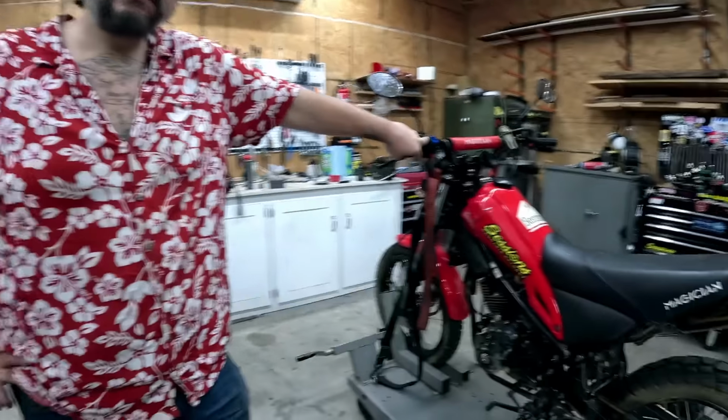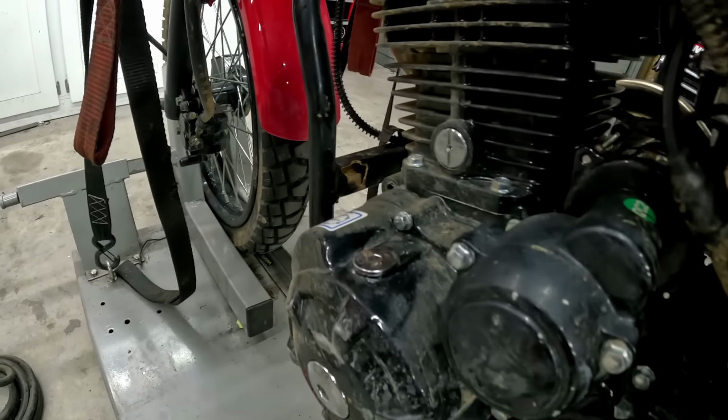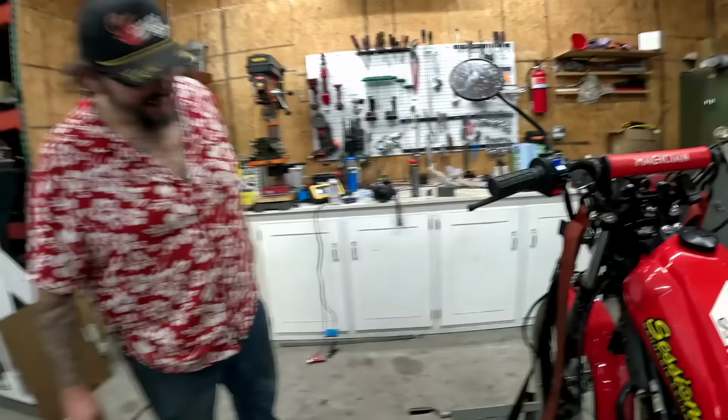I don't know. But one thing I did notice when I'm looking at this engine is you look past the engine and you see this fabulous hole in the frame. Right? What's going on with that? So by the time I got back after 15...